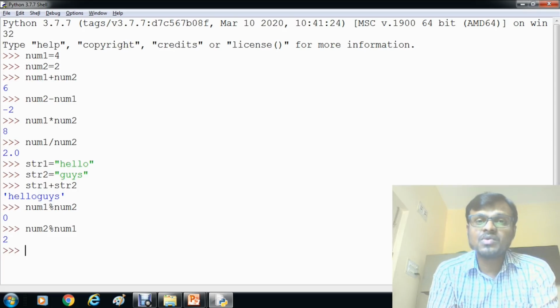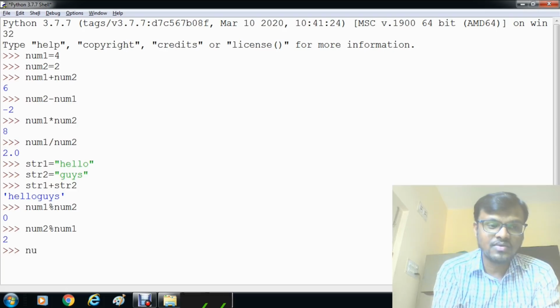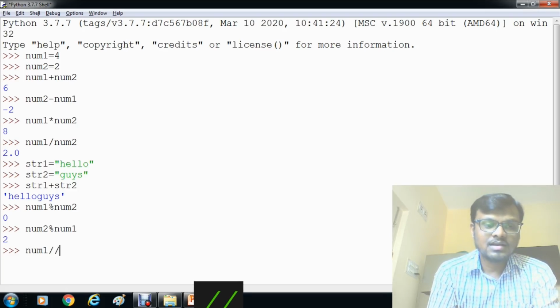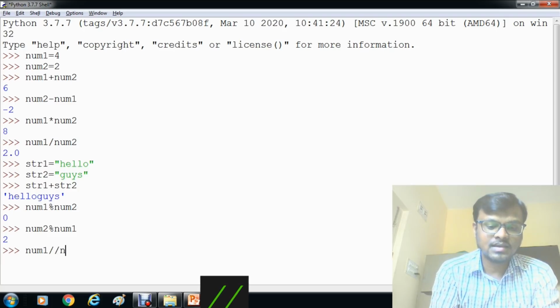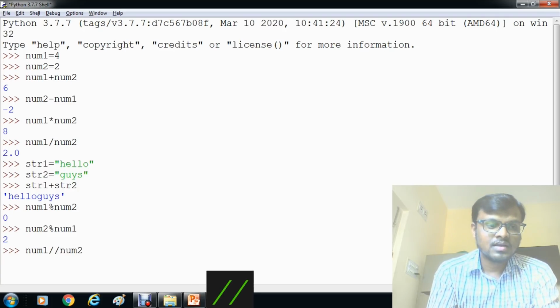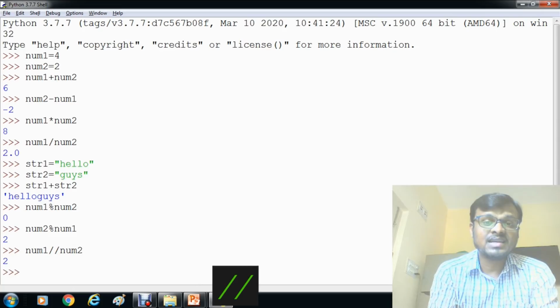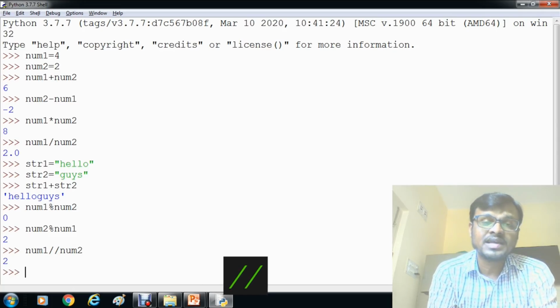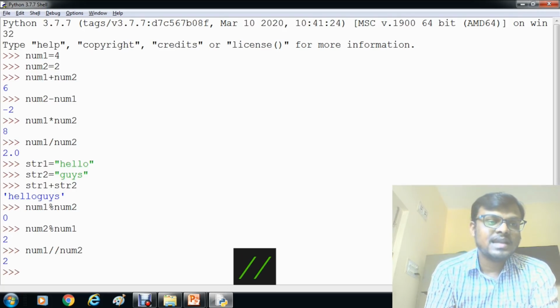In the same way we have another division, that is floor division. For floor division we use the double division sign between num1 and num2, and it gives the result. Here we have to observe that in floor division it gives only the integer part of the result and excludes the decimal part.